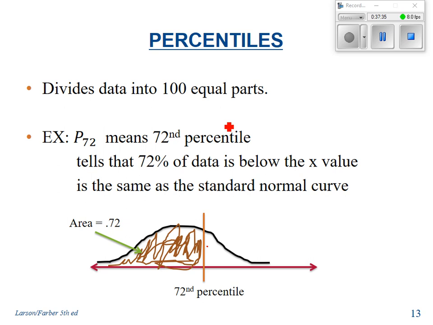So you said we're in the 72nd percentile? My score is in the 72nd percentile? Yeah. You scored higher than 72% of all the other people. So if we're looking on our graph